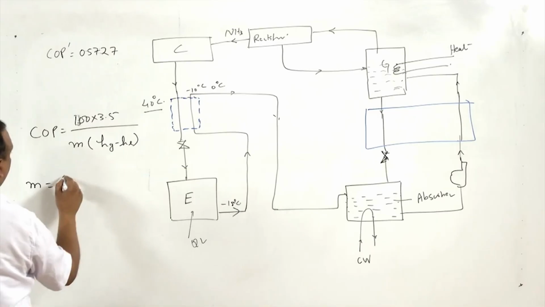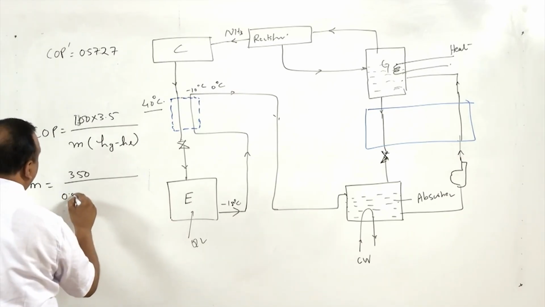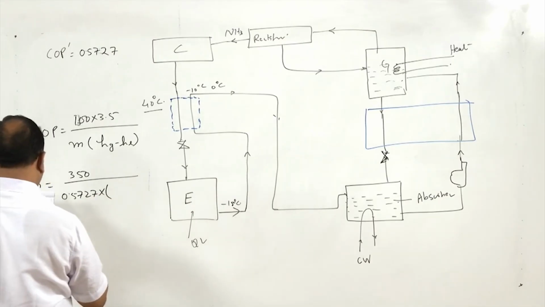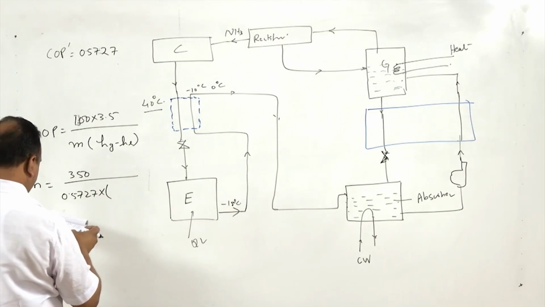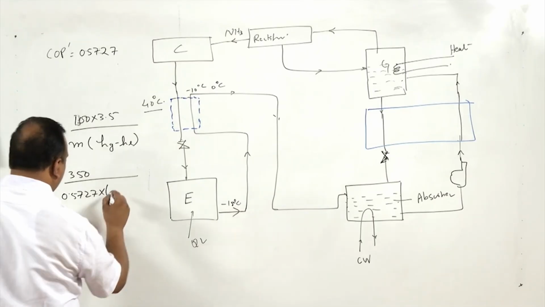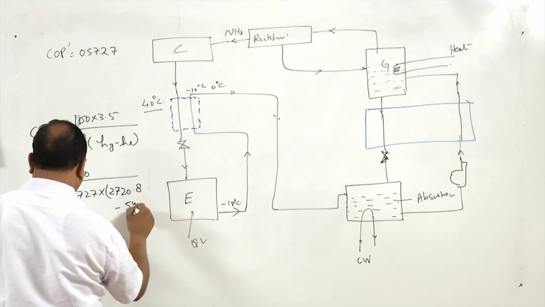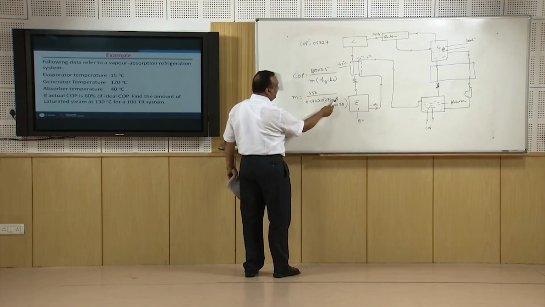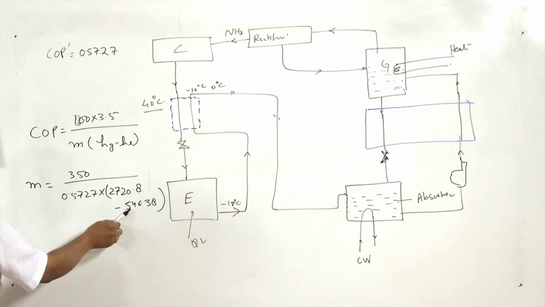So, M is equal to 350 divided by COP, 0.5727, multiplied by 2720.8 minus 546.38. This 2720.8 is the enthalpy of saturated steam at 120 degrees centigrade, and this is the enthalpy of saturated